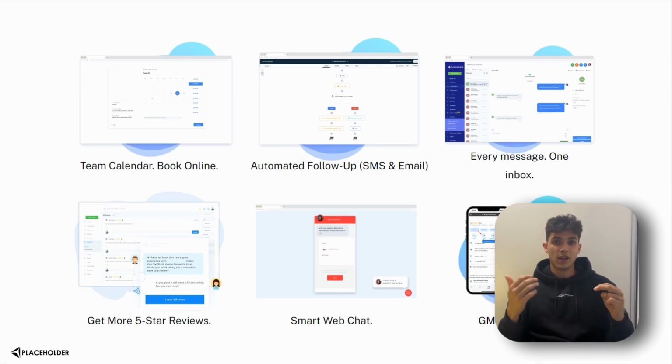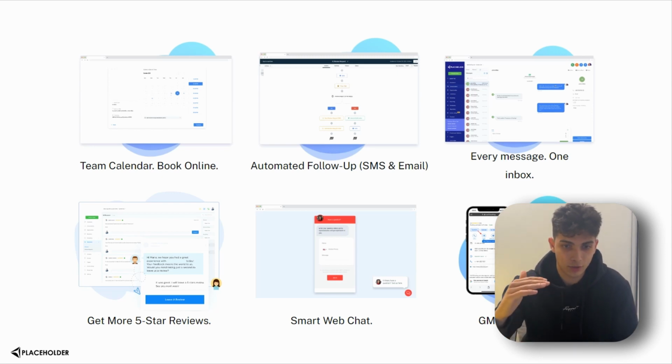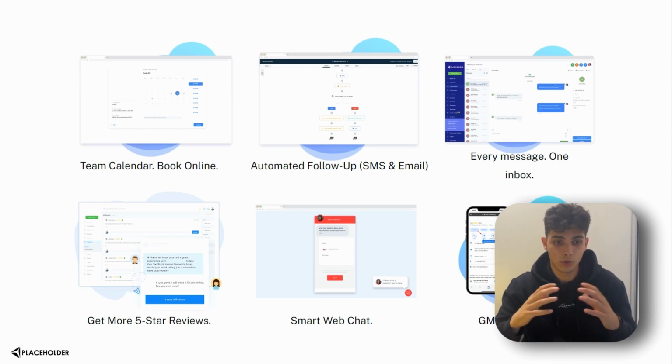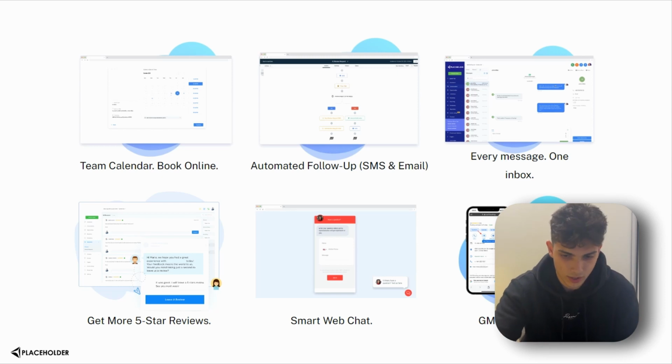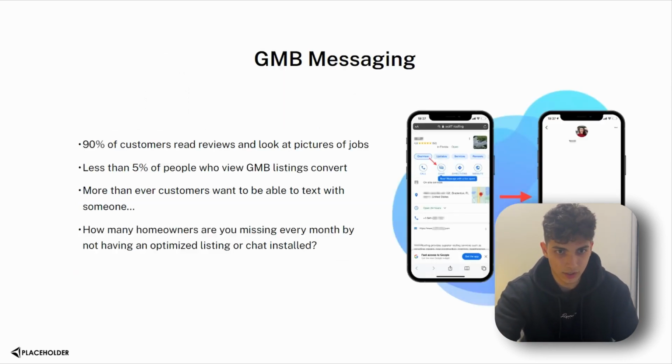So at the end, when you're telling them the price, it won't even look that high, because before that you told them so many things that you can do for their business that they won't even care about the price. So it's really important to just stack the value through the whole sales meeting and presentation, and yeah, that's it. So now in these next two slides, you will see me explaining website chat and Google My Business